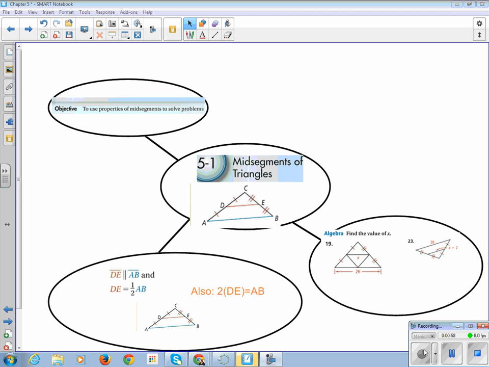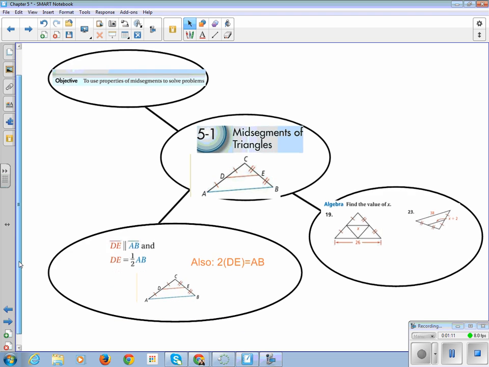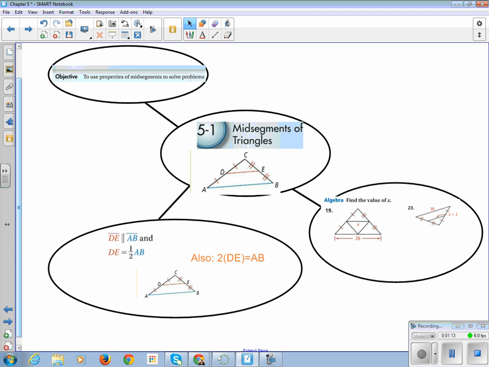Our learning objective is to use properties of midsegments to solve problems. So we are going to use relationships about midsegments to solve problems. And what I did is I found the property of midsegments. So if DE